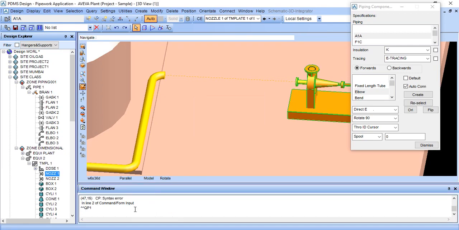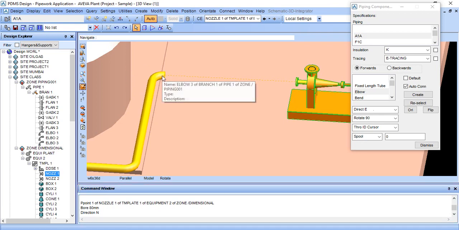Sorry, I forgot the space: Q space P1. It is 80. So this is 150 and this is 80. So we need a reducer here. So just click on reducer and make sure your selection is on this.